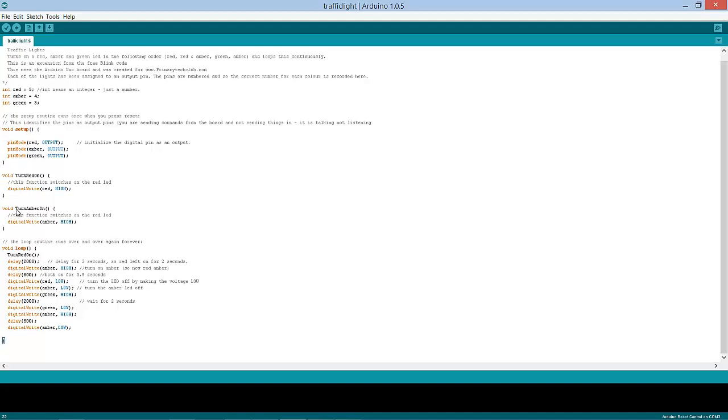So this turn amber on function can replace this piece of code here. And we can then go through and create functions for turn red on, turn amber on, turn red off, turn amber off, and so on. As we go through this particular code, what's interesting is that these functions aren't particularly efficient, because